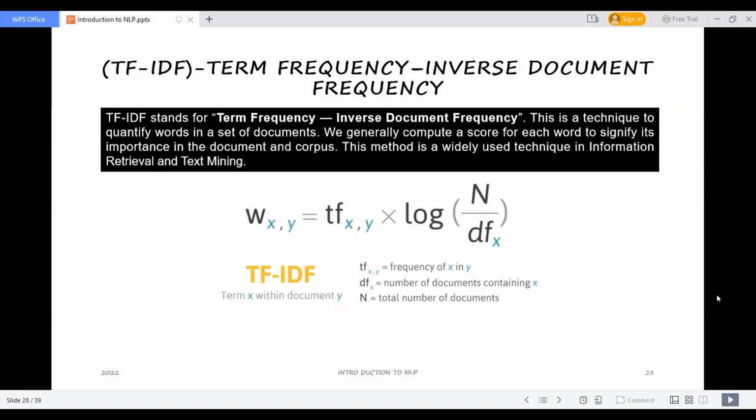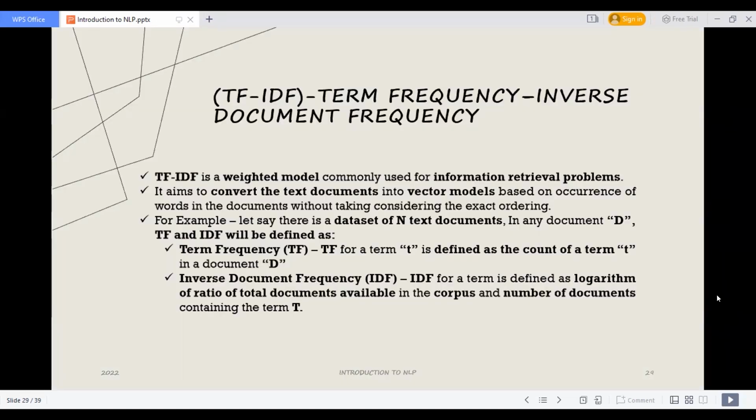TF basically is the frequency of x in y, where x is the word and y is the document. It will apply some log function, df by n, where n is the total number of documents. With the help of this and the log functions, we get the count of every word.